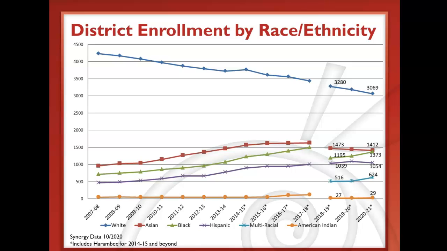And this slide looks at our trend data for the last 14 years of our district enrollment by race and ethnicity. Up until the 2017-2018 school year, we only used the 5 categories by race, which aligned with the Minnesota racial identification, but that changed with the whole state in the 2018-19 school year. So you can see that break in the line from 2017-18 to 2018-19 as we expanded to include multiracial students as well. You can see that our trend shows that our white students continue to decrease as our number of students of color have increased over time.